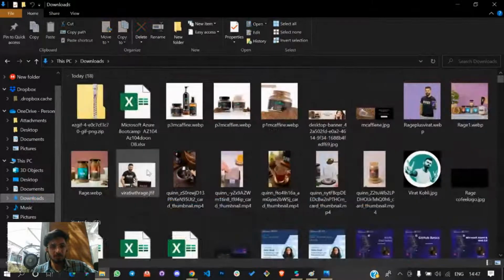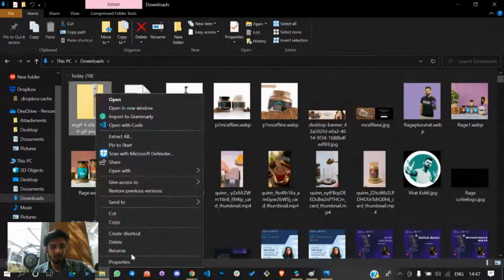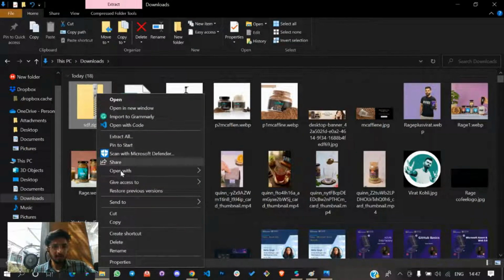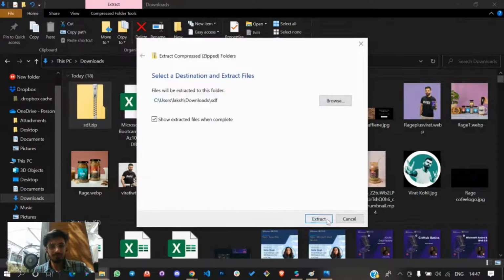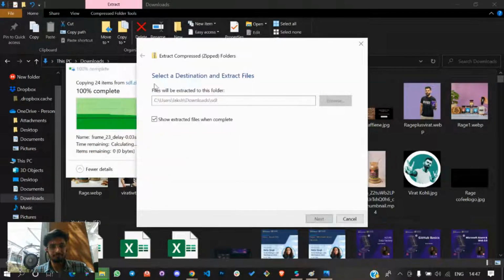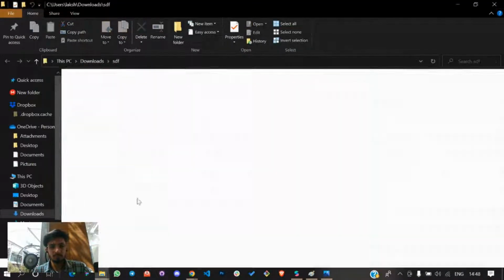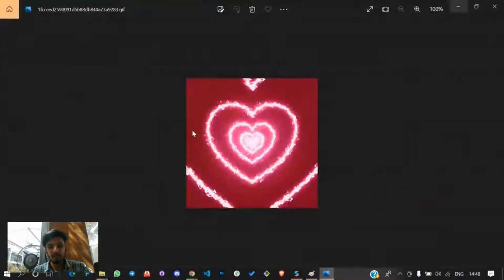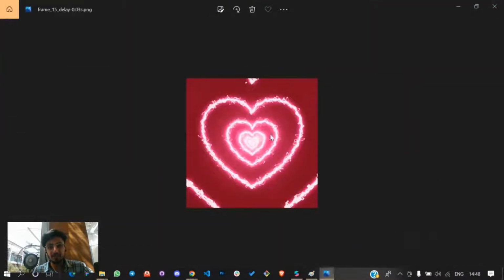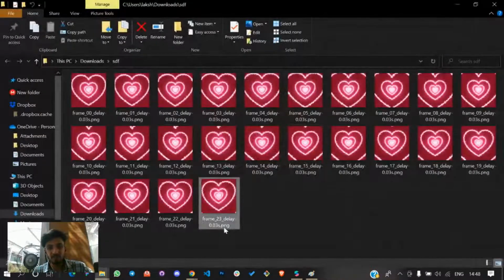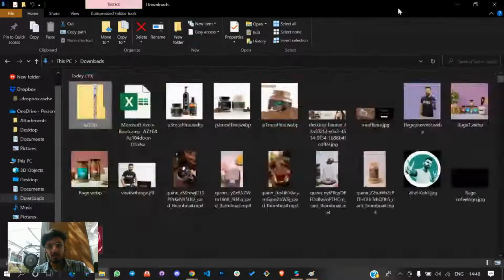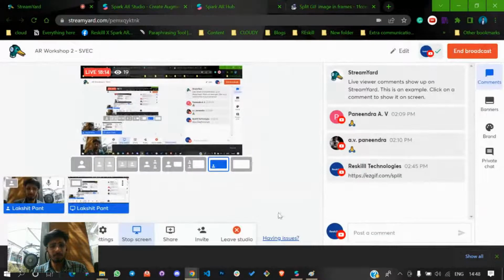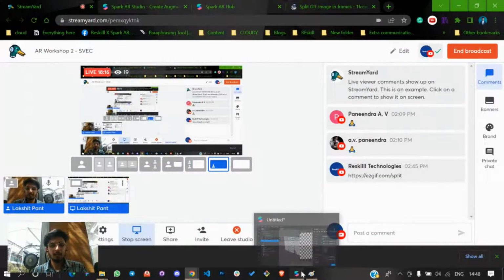So here's my GIF. I'll quickly rename it, then I will try to extract it. You can see some frames over here. These are all PNG images. Now this is not a GIF, this is a PNG image. If you go to this, you can see .png, .png, .png. So I have split the GIF into multiple frames, so that I can put those frames